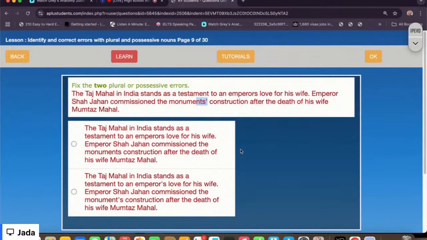So what is the correction over here? So monuments is just a plural noun. And then